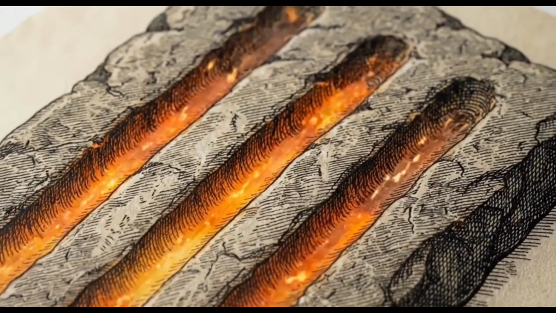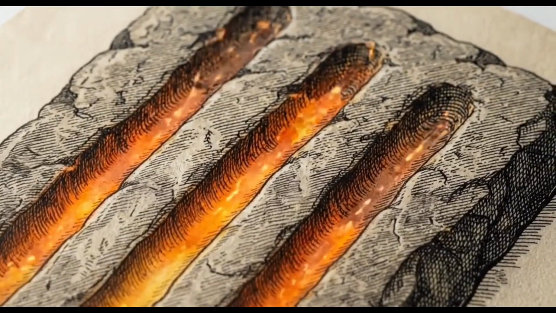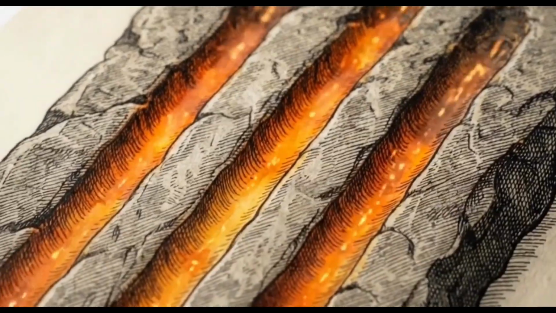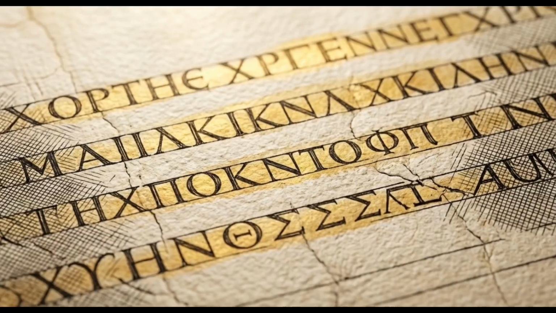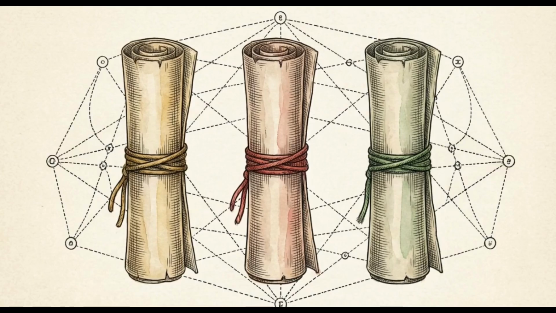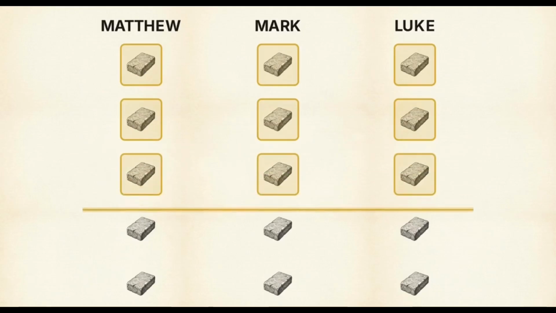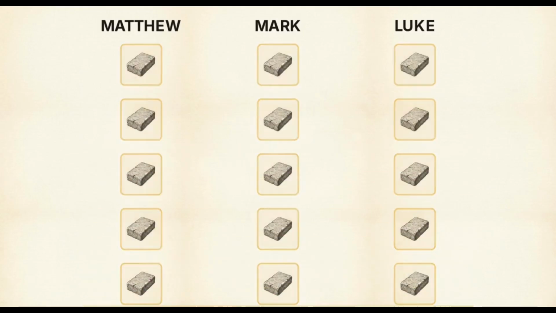In the study of ancient literature, there is a distinct anomaly regarding three specific manuscripts. We have three separate authors writing independently, yet producing identical sequences of Greek vocabulary and grammar, matching word for word across entire paragraphs. These three texts are the Gospels of Matthew, Mark, and Luke. This diagram maps three columns of text to illustrate why these are called the Synoptic Gospels. Synoptic is a term derived from the Greek roots syn, meaning together, and optic, meaning seeing.